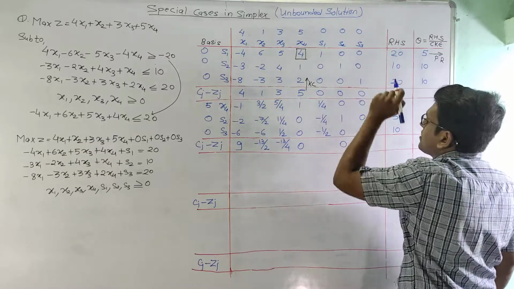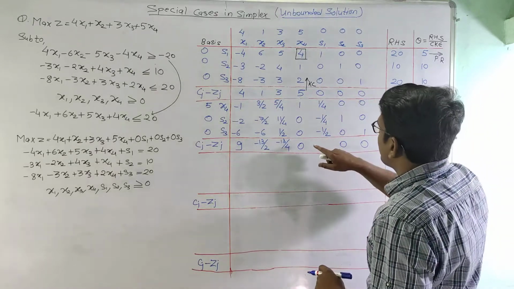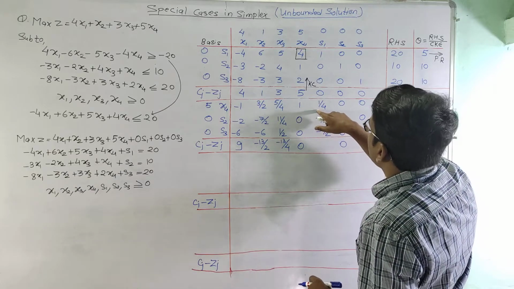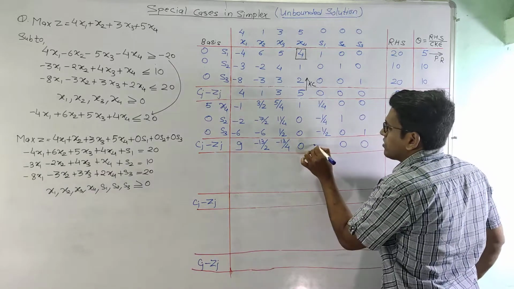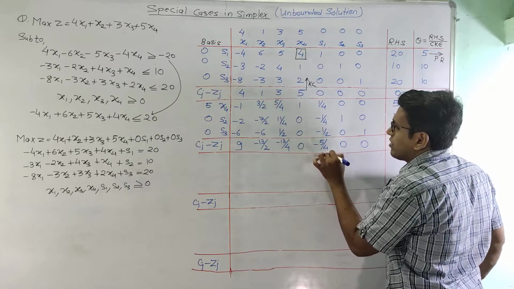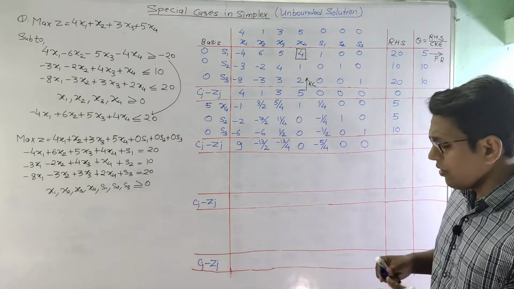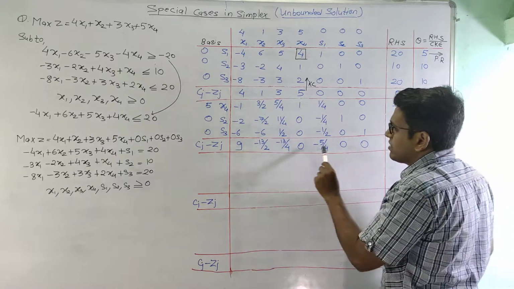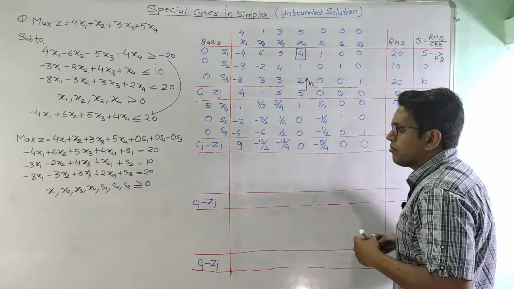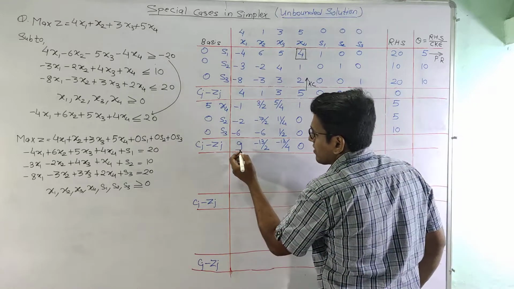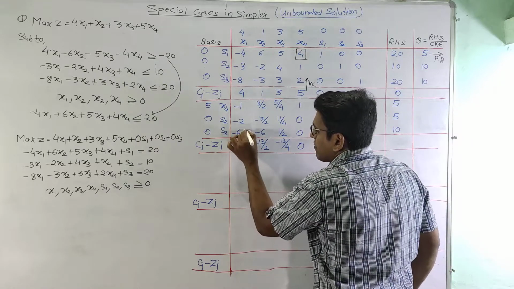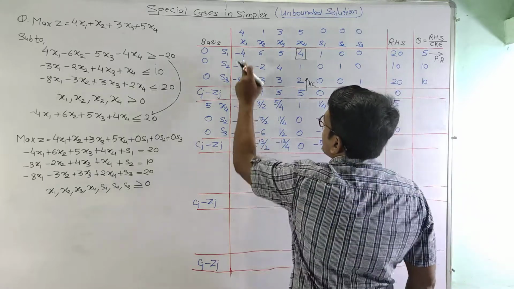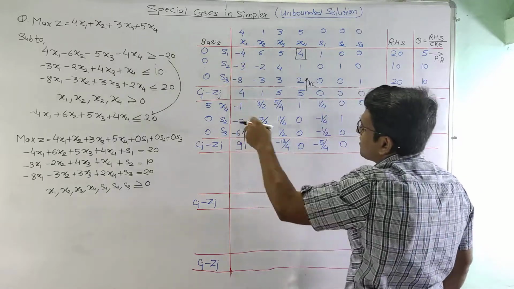x4, s2 and s3 are basic variables, and they will take the value as 0 and this will be 5 by 4. So 0 minus 5 by 4 is minus 5 by 4. So now as we can see here that in the Cj minus Zj column we have one positive value which is 9. So 9 will be our key column, and this indicates that variable x1 will now enter the basis,